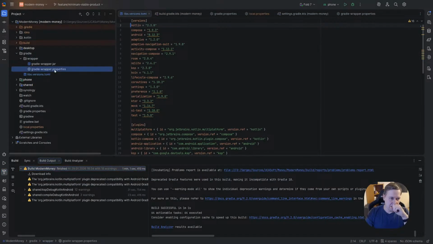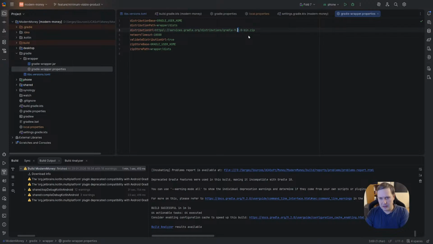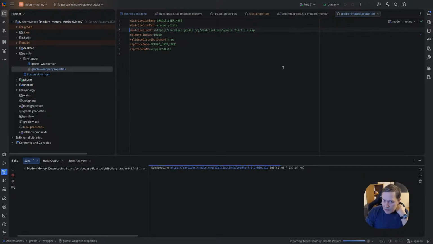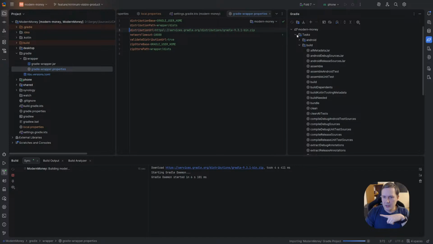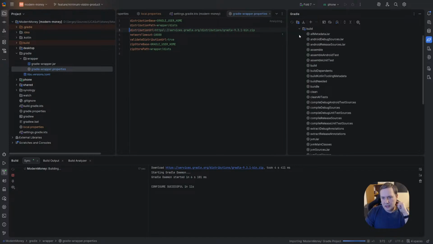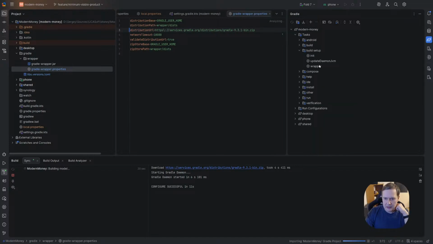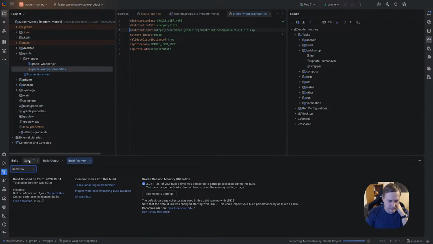Okay, let's go further and update Gradle. I hope you remember that when we change Gradle itself, it's downloaded, but then we also have to update the wrappers. So we can go to the task, build setup, and we have to run wrapper. Build analyzer, nice.